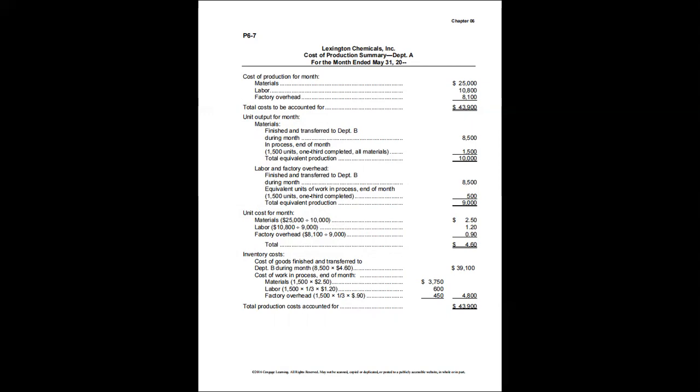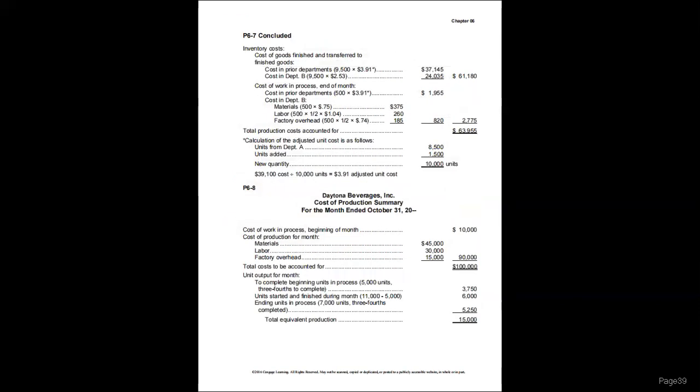That is the original unit cost of the 8,500 units transferred to Department B. So the cost per unit is 4.60. However, if you will notice that in Department B, we involve 39,100 divided by 8,500 units,